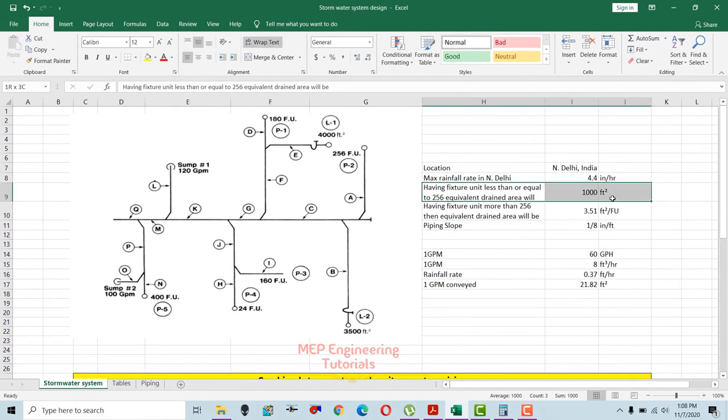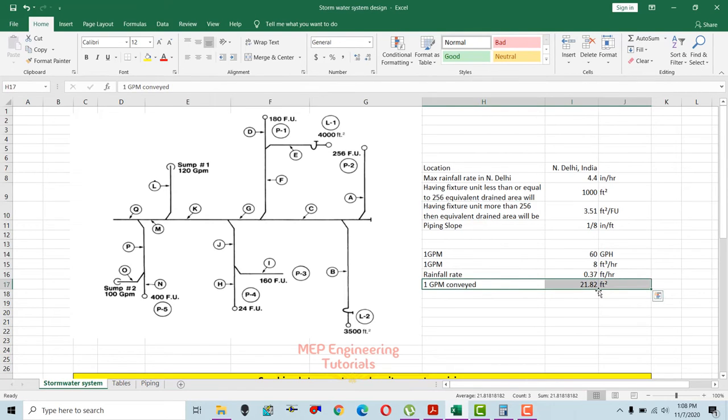Since we said in here that if we have less than 256 fixture units, then the equivalent drained area we get is 1000 square feet as per code. So 1000 square feet we have to use in here. But before that, I forgot to tell you how you get this 3.51 square feet per fixture unit. Since we know that 1 GPM is conveyed to 21.82 square feet of horizontal surface if you have a rainfall of 4.4 inches per hour,